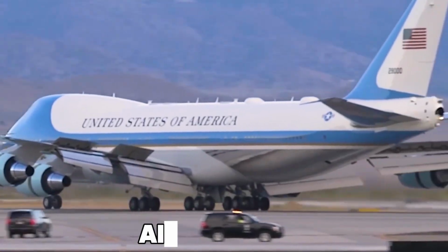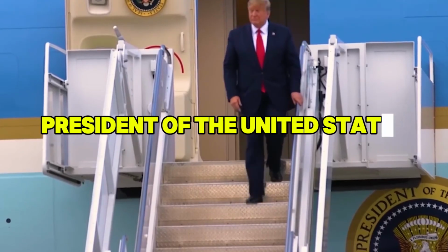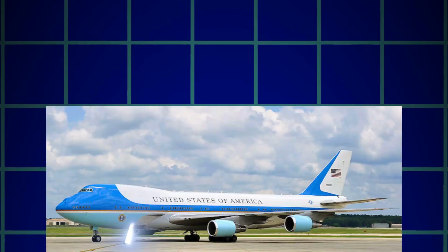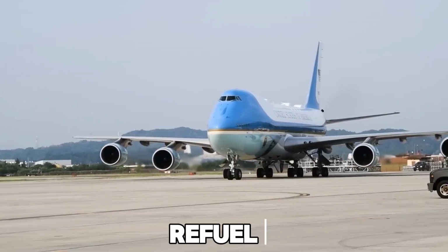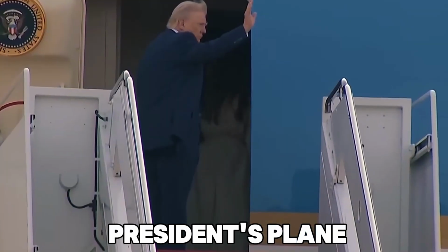Most people know the name Air Force One, the flying command center built to protect the President of the United States. But almost no one knows about the secret aircraft built just to carry it. That's right, not to escort it, not to refuel it, but to physically lift and transport the President's plane,